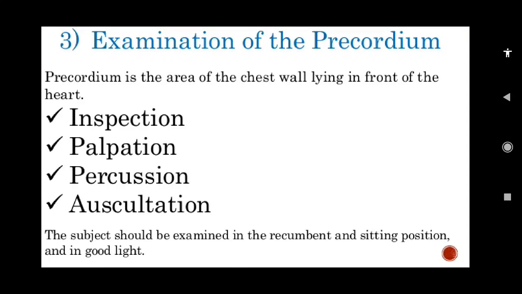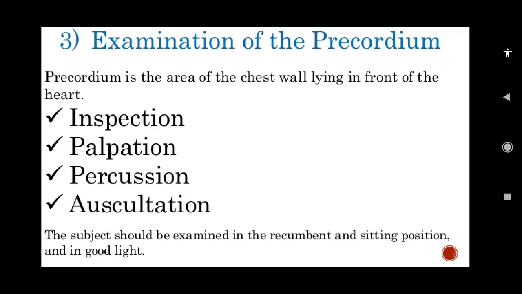So now coming to the cardiovascular examination proper, that is area overlying the heart. It is the precordium. So precordial examination involves examining. We can divide the examination into 4 headings. So that is inspection, palpation, percussion, and auscultations. So these are very important. These 4 points are present also in the respiratory system and abdominal system examination. And like this, in any clinical examination, we have to examine under these headings, then it will cover all the points.